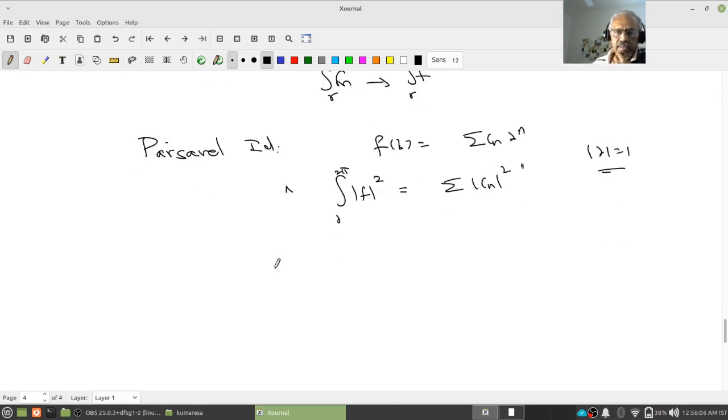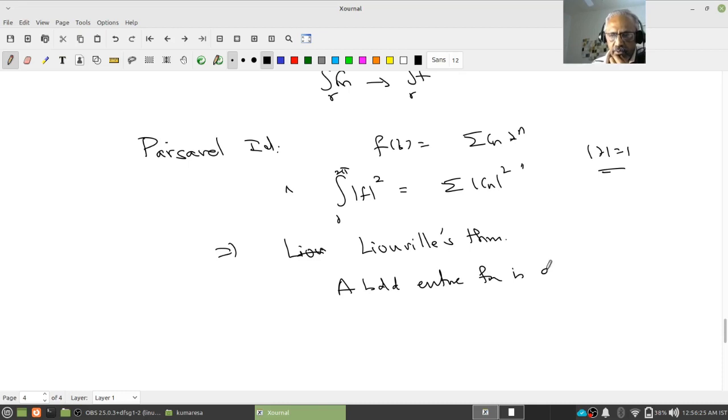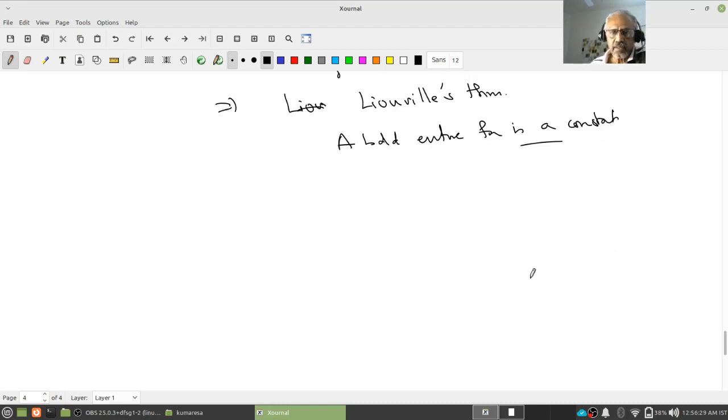From this we derived Liouville's theorem, namely, a bounded entire function is a constant. Now what I am going to show is how to prove Liouville's theorem using